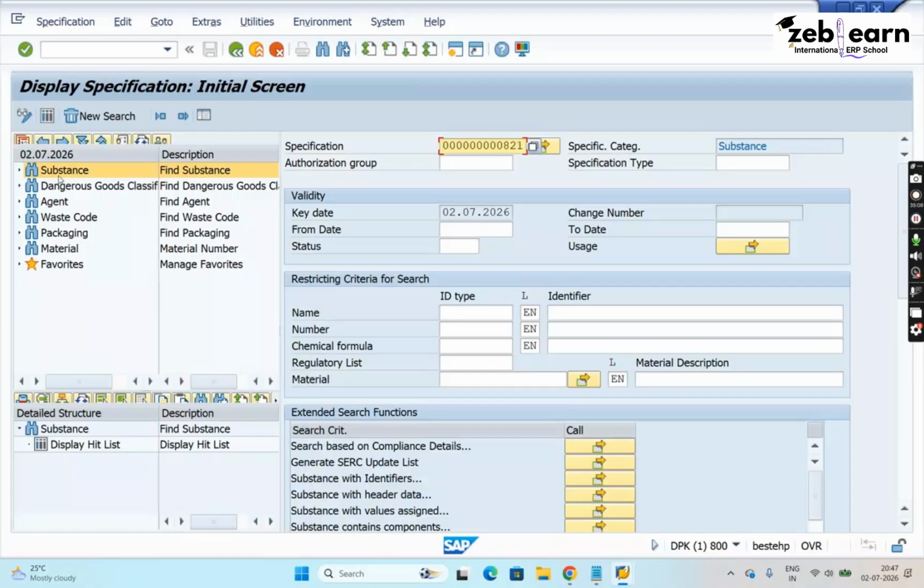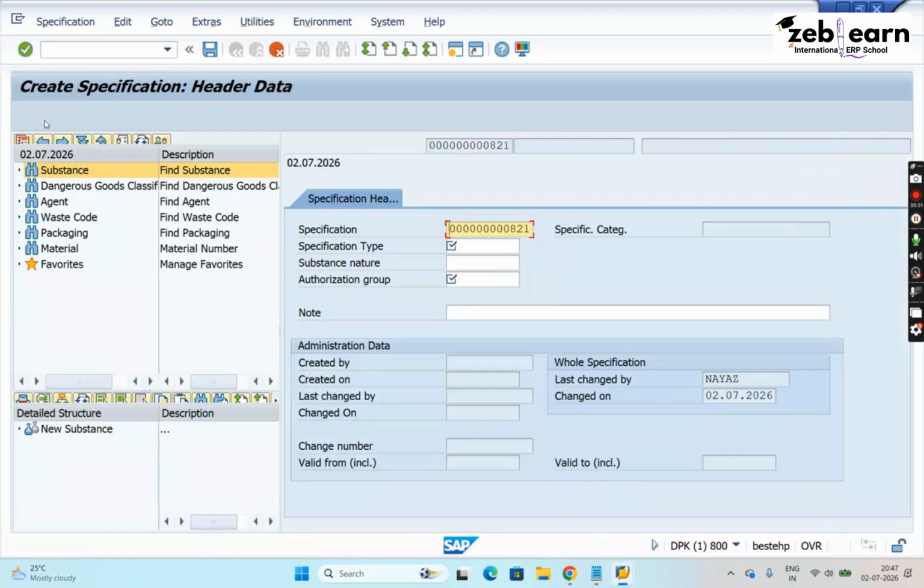Next, after that, we are in display mode. So if you want to modify the data or create new data, a new specification, we should always go to edit. So change the mode from display mode to edit mode. Right? We are in edit mode. Now another button is appearing here. Beside the edit button, there is a create button. So click on that create button